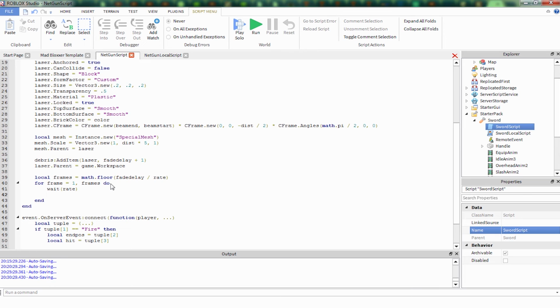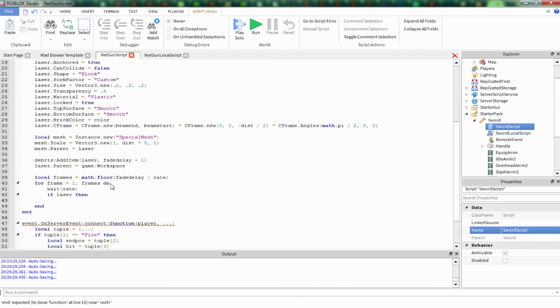Alright, so first we want to do, because we're waiting, maybe the laser got cleaned up by something else in the game. Maybe the round ended and the game cleans up all the effects in the game. So we're going to want to make sure that the laser still exists. So if laser, then